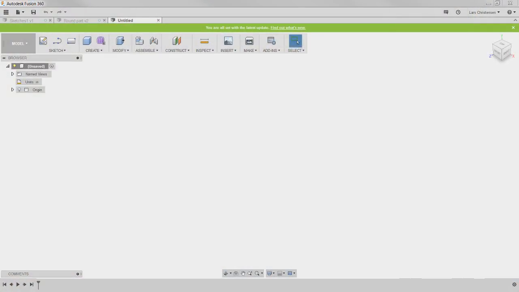So first of all, I just wanted to point out that up here you now have a new job status thing. When they're pushing out new updates, it will come in here and show you if you have a new update available. I don't have one right now, of course, because I've got the latest one, but that's one of the indications. If you're working inside of Fusion Live, it would show here too. Also, you get this green bar up here, and if you click on it, that will take you out to the What's New